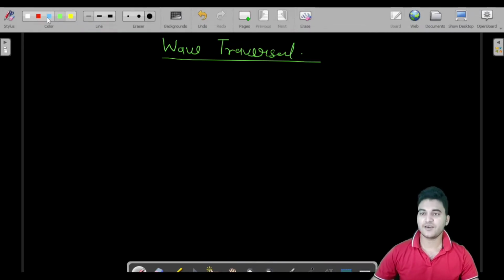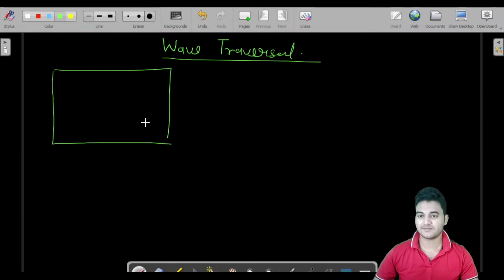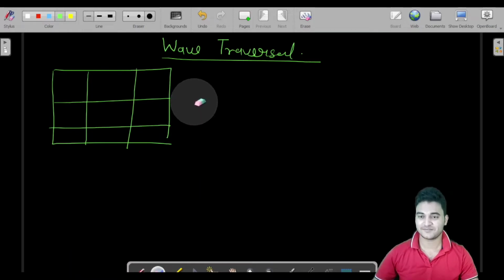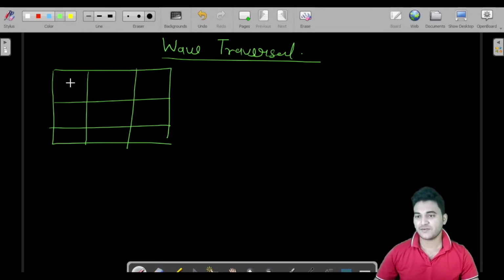Suppose we have a 2D array. Let us suppose we have 2, 4, 3, 6, 9, 5 and 7, 2, 9.